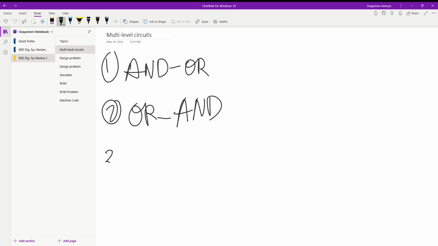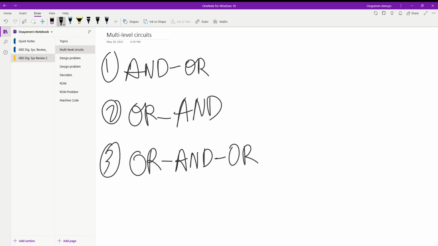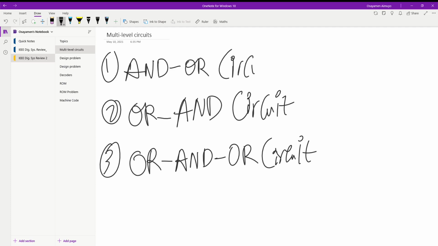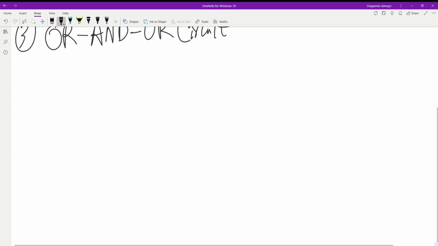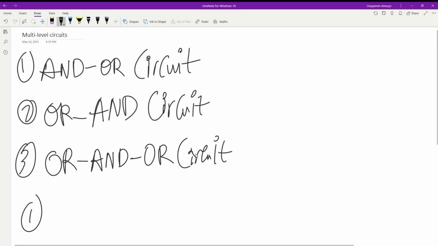Okay. And then we have the, I would say, rather unpopular OR-AND-OR circuit. Okay. And then this one as well. And this one as well. So how do these circuits look like? So the first being the AND-OR,